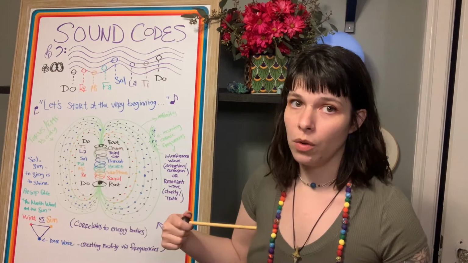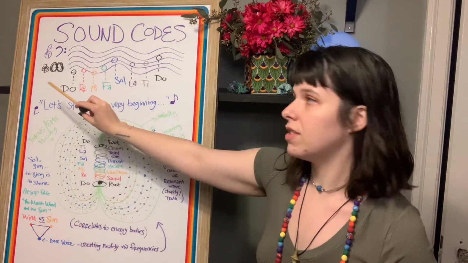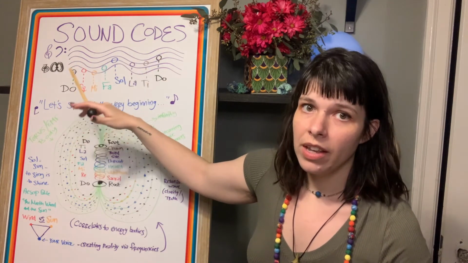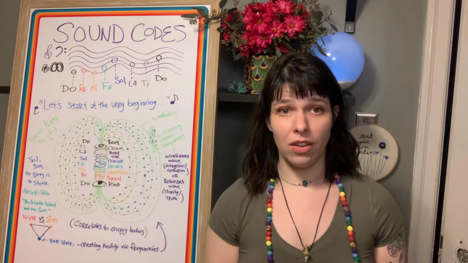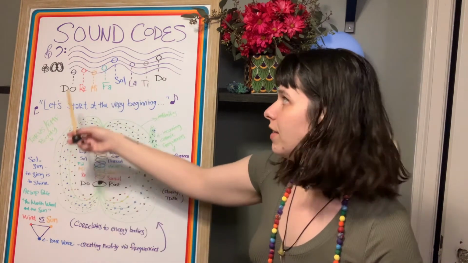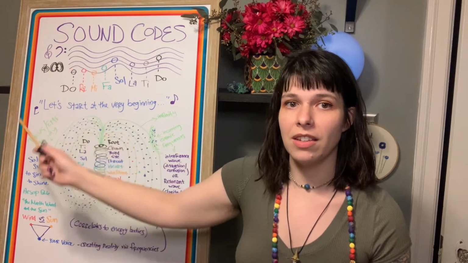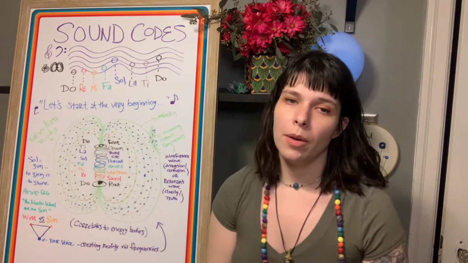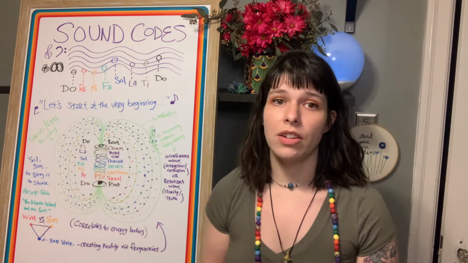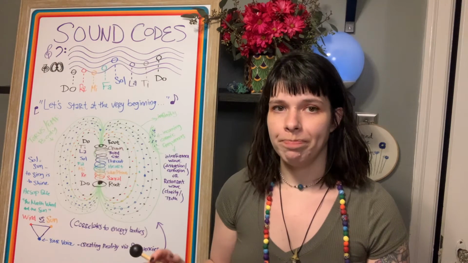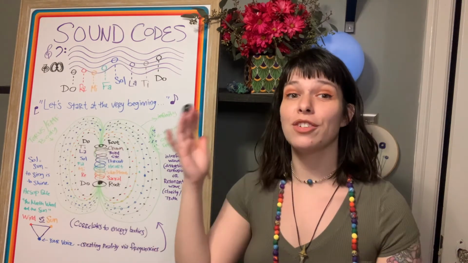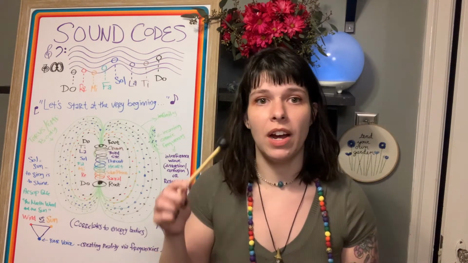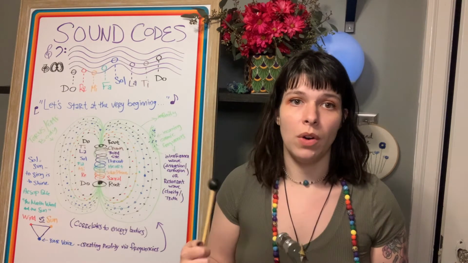So that tone becomes the root. It becomes the bottom note in the scale. This is a scale on the musical staff, and there's all different types of scales, and this is a major scale. It has no funky things happening in the key signature, which would be if there's sharps and flats, which create different key signatures. There's lots of different directions you can go with this. But basically, whenever I use an instrument, I am going to use that tone as do.